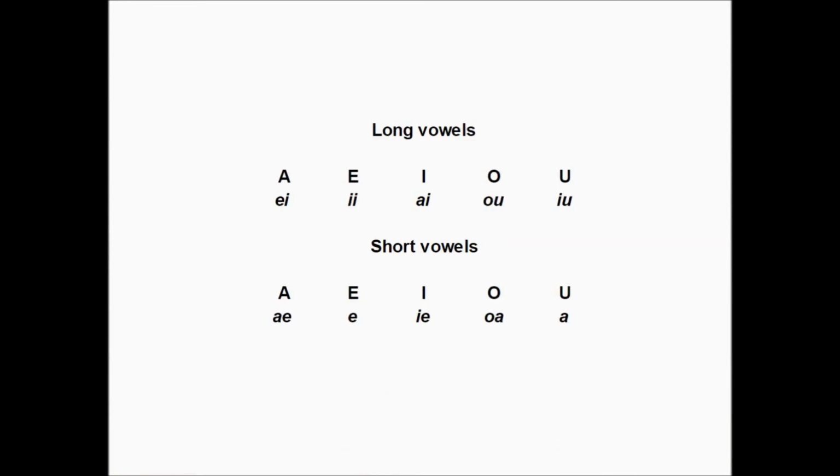Okay, here we have the long vowels and the short vowels. Long vowels are the same vowels that we just learned when we learned the alphabet. Short vowels are a little alike to the Spanish. A we pronounce I, E we pronounce E, I we pronounce ye, O we pronounce O, and U we pronounce A. So try to memorize all the sounds, because you for sure are going to need them when you pronounce